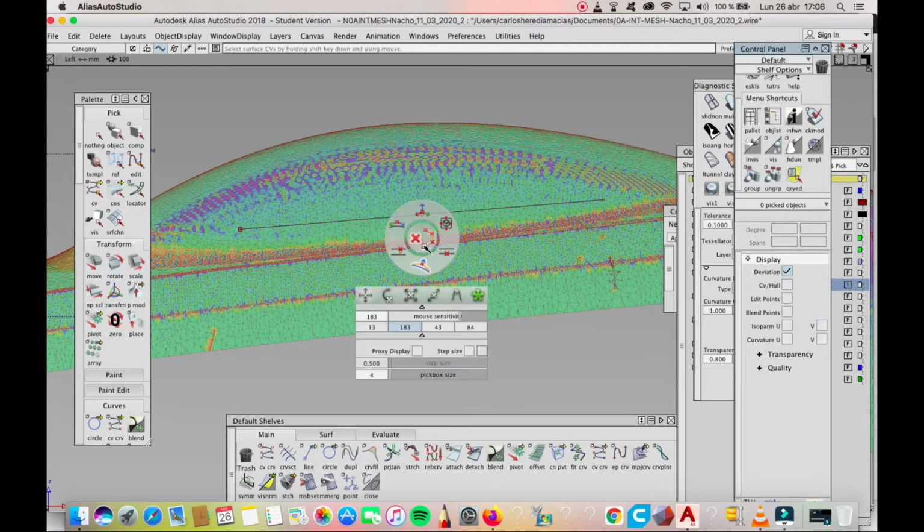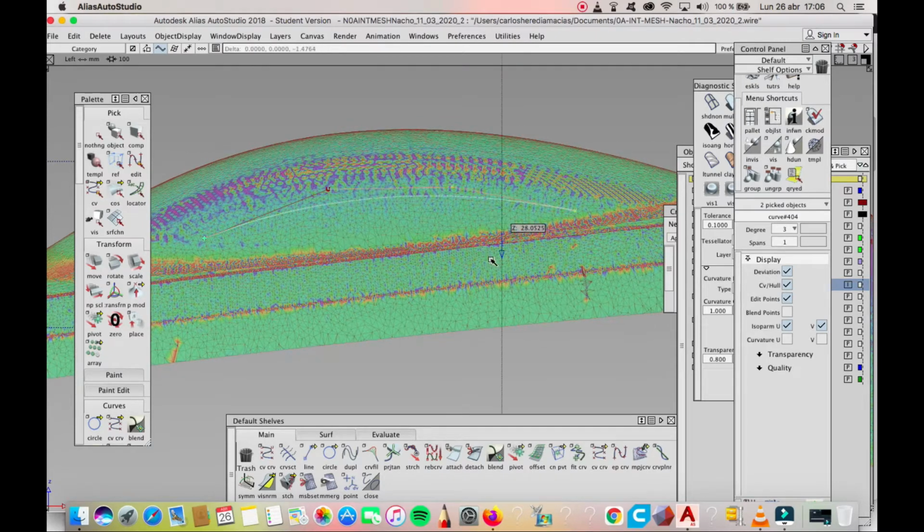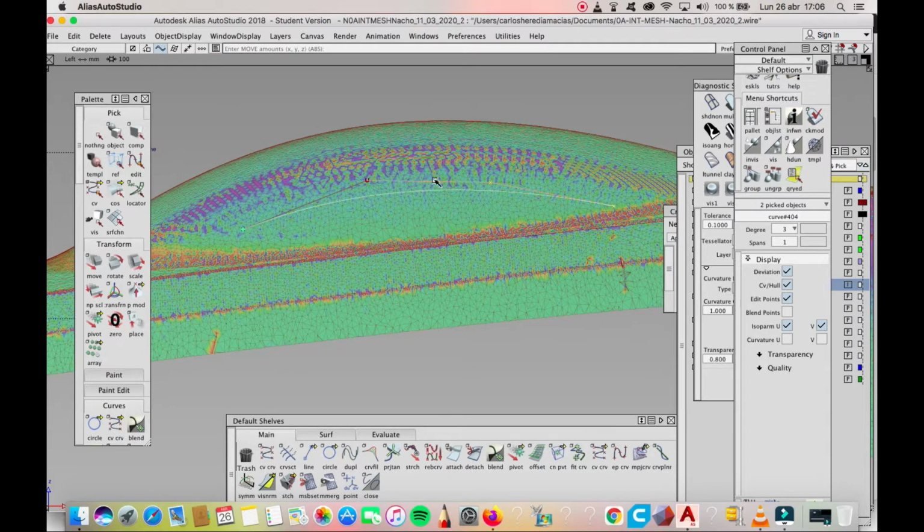Let's say 2. I'm going to use my CV move tool to move my points around, take this up, and I'm trying to get the shape of the side glass, so maybe I'll need a little bit more geometry so I can shape this like this. So let's take it down. As you can see, I'm getting into the blue area here. This is going to be an area with more curvature. So I'm trying to be inside my green area here, but you can go a little bit up with this,